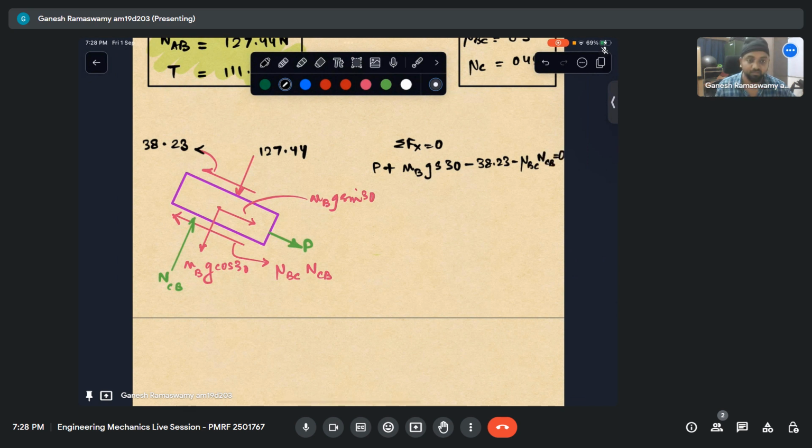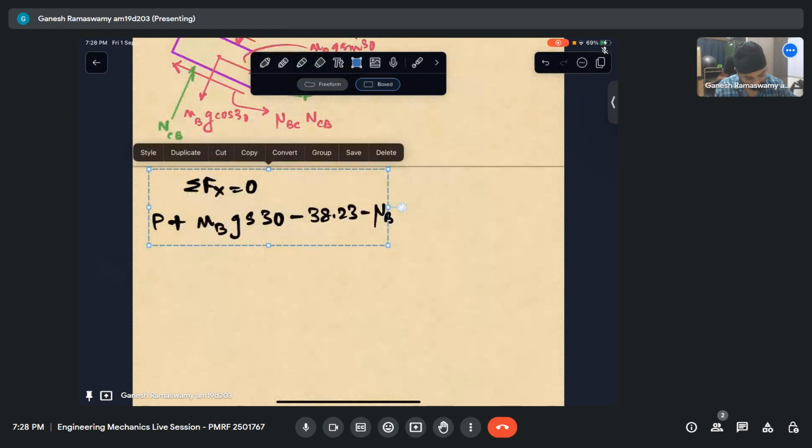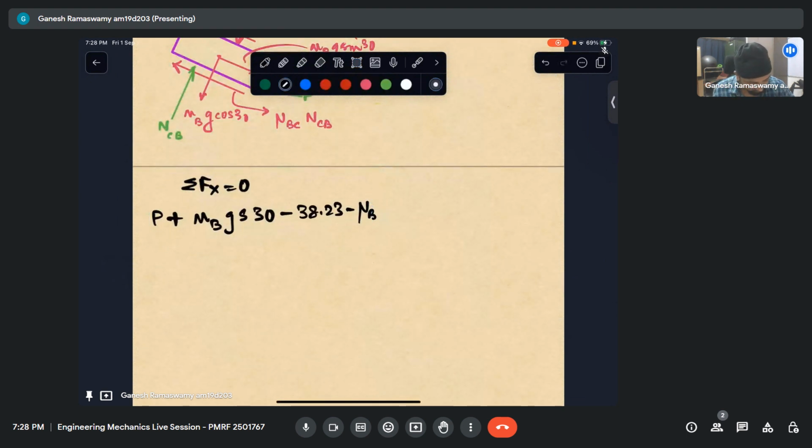Let me write it a little bit neatly. Mu BC NCB equals 0. This one equals 0 gives me NCB